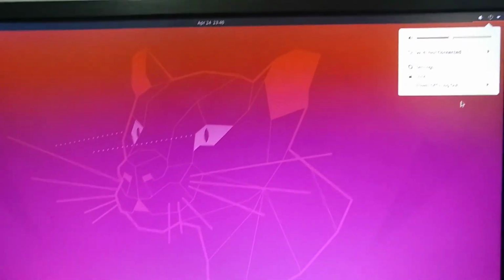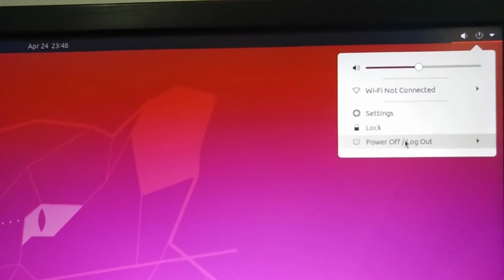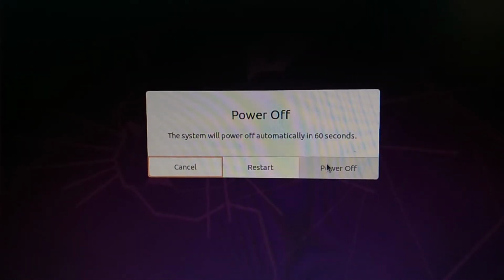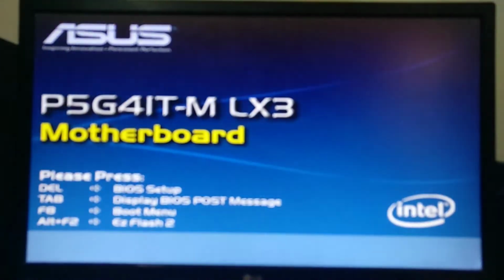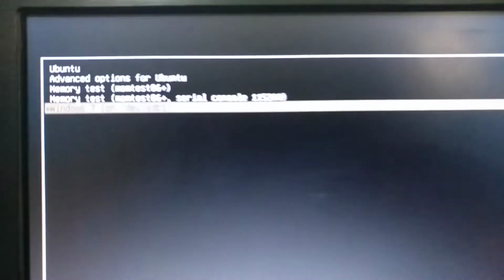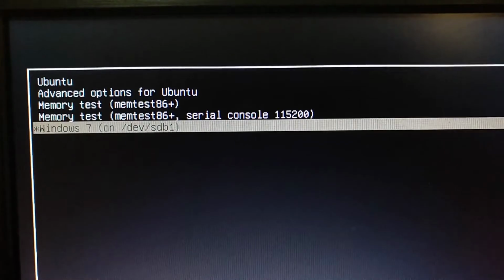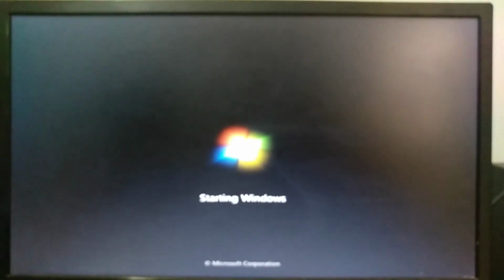Now let's see if our Windows 7 is running or not. Let's test it again. I will power off this and restart it. Now I will select Windows 7. Let's see. Yes, Windows 7 is running.